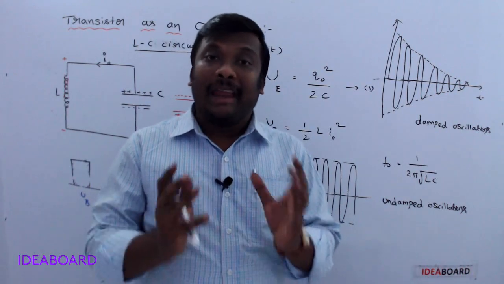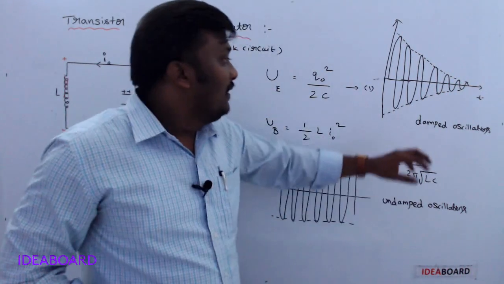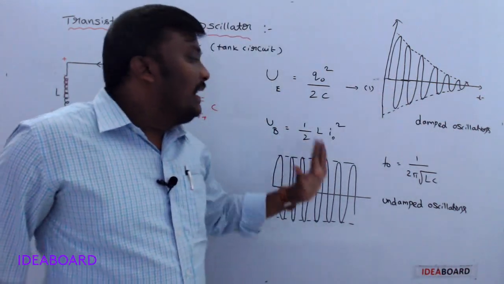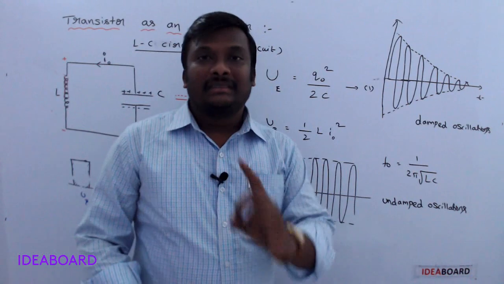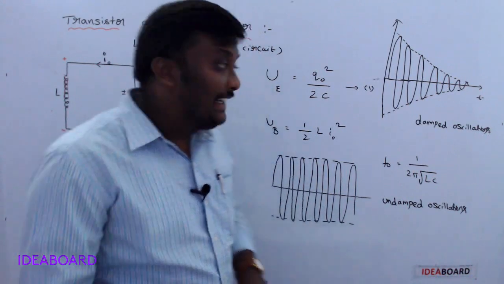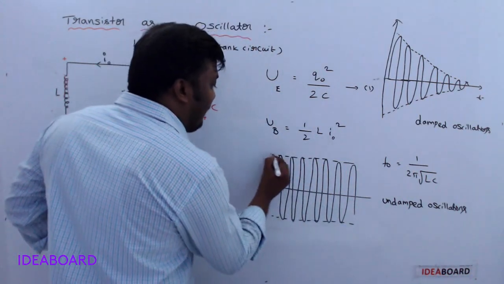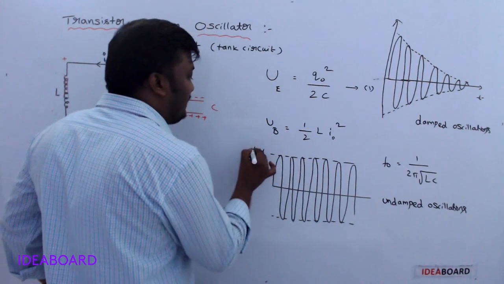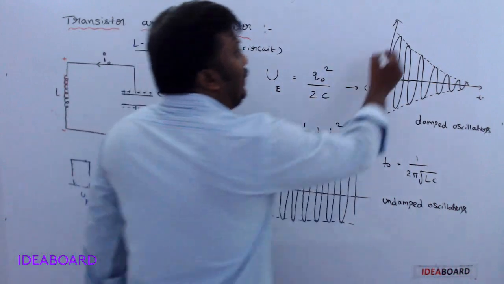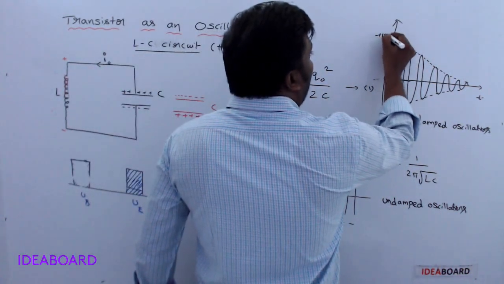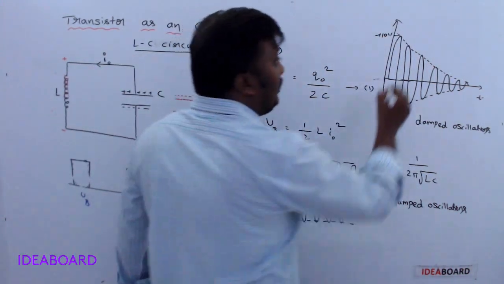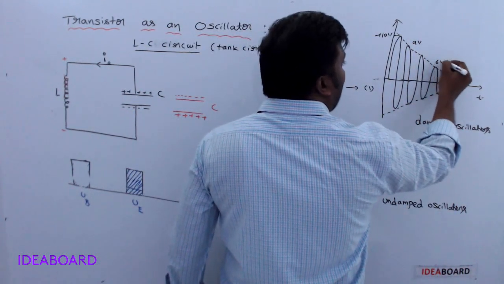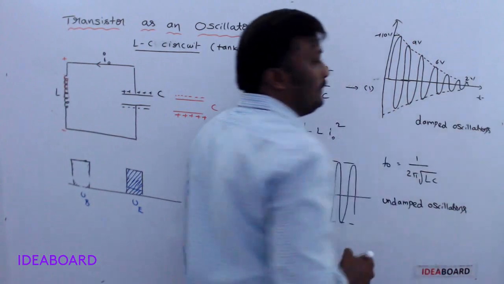That's why, what is our main aim? Our main aim is to convert these damped oscillations into undamped oscillations. That is very, very important. For example, the wave reaches its maximum value, which we can take as, suppose, plus 10 volt. So initially it is at plus 10 volt. Listen carefully. Then this is maybe 9 volt, this is maybe 6 volt, this is maybe 2 volt.